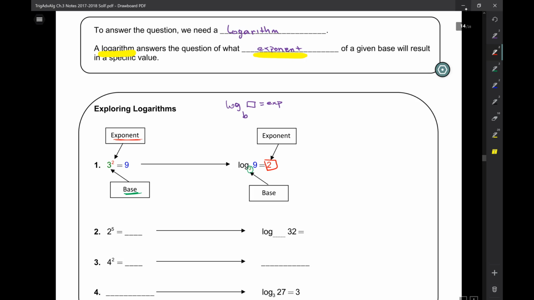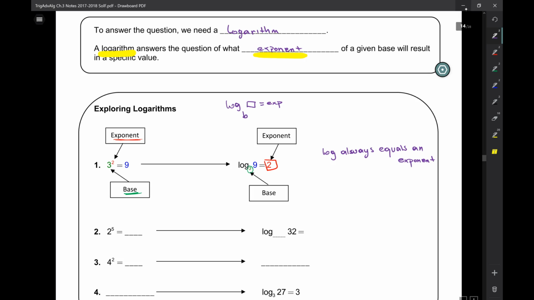So this is another way to see that a logarithm always equals an exponent. The 9 is the value of the power. Well, they are the same because look,